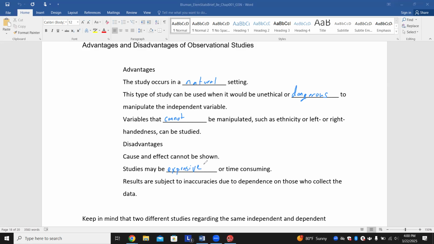because you can't control the situation in a lab. Now you've got to take a lot of time and find people and observe people in their natural habitat. So then results are subject to being inaccurate due to dependency on those who collect the data, right? So there could be